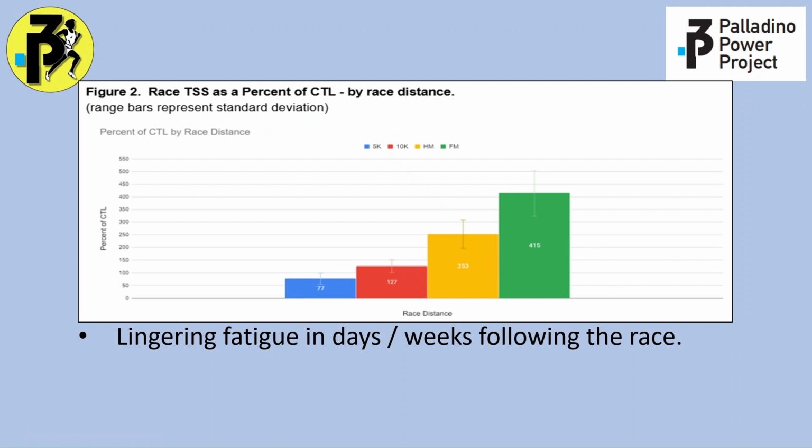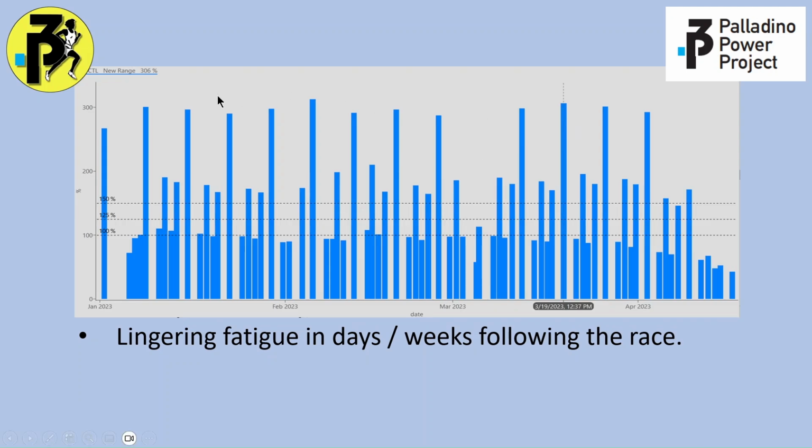Now, here's another depiction of the same data in a bar diagram. And essentially, you look here and you can see the load goes up. About 253 for a half marathon, 415% of chronic training load with a marathon, 127%. So now let's bring that back into context. And here's an athlete that was training for a marathon. So these are sizable long runs that were around the 280, 290, 300% of chronic training load level. The small bars here are all easy runs, and they're all less than 100% or pretty close to it. And then these medium bars here are tempo interval workouts, midweek typically. And they were generally over 150 up to about 200%. So that gives you context